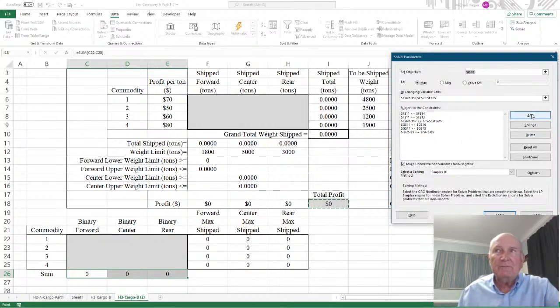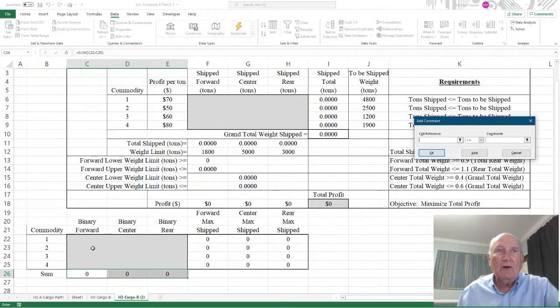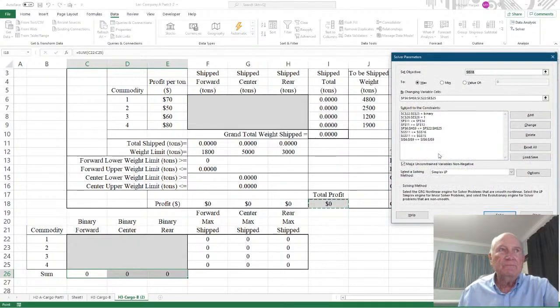Now we have the binary. So we add the binary. All of these here are going to be binary. So we come down here and say these are going to be binary. And then we add, and all of these here are going to equal 1. Each one is equal 1. And there we go. So now when we solve this thing,